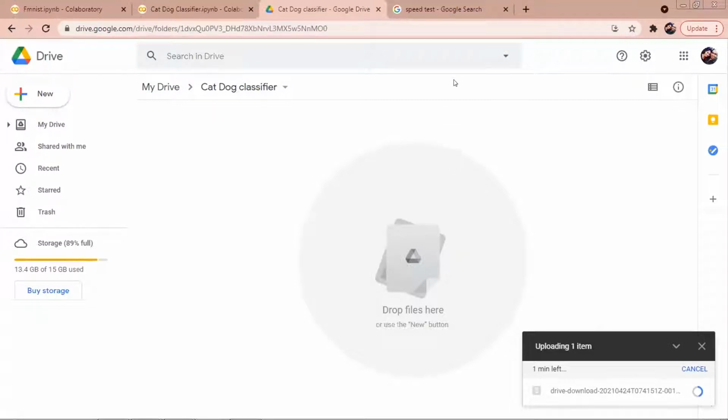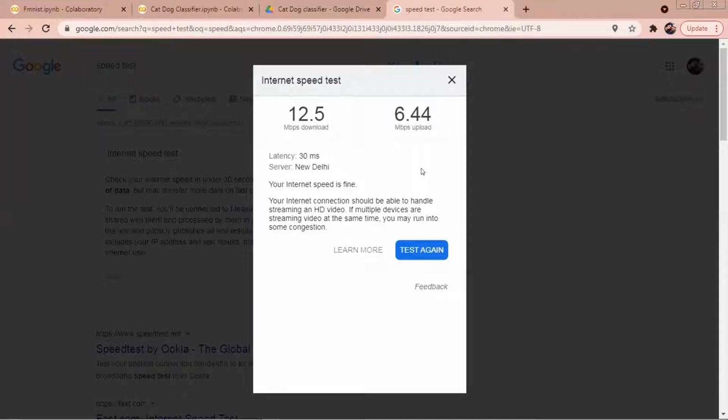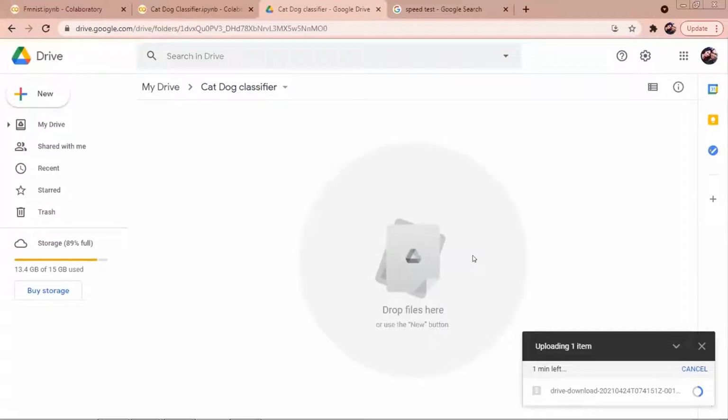Why is it taking so much time on your laptop? I don't know. Check the speed test also. Okay, it's good. Speed is okay. One minute left. It seems okay. Yeah, but it's been showing 1 minute for the last 3-4 minutes, I think. But is the blue color increasing or not on the bottom? The loading. I don't think it's increasing. It's the same for me. It's kind of stuck at the last bit.